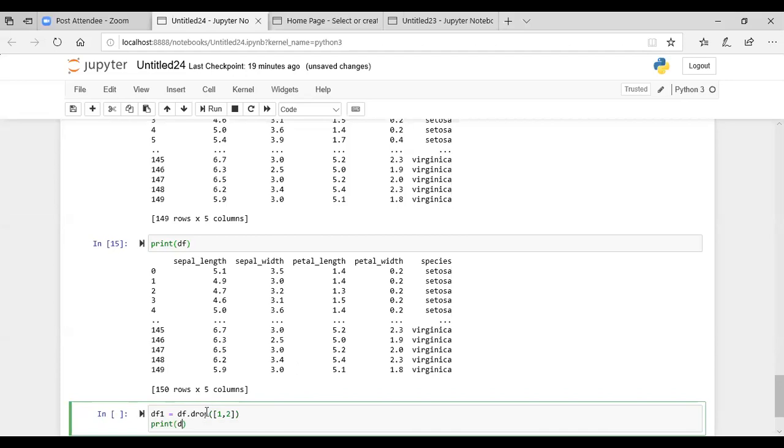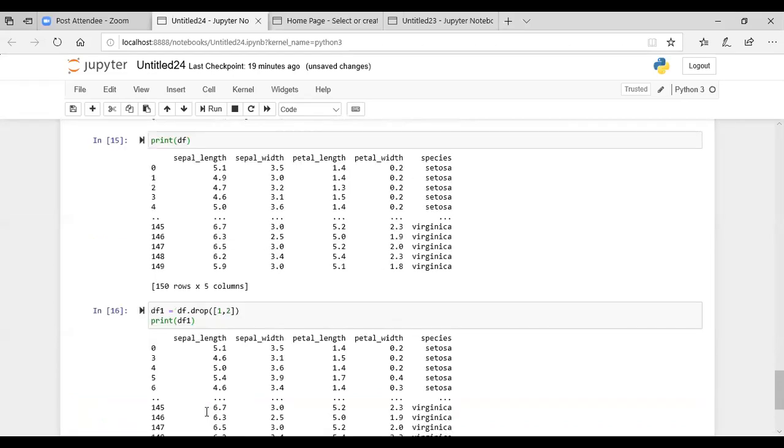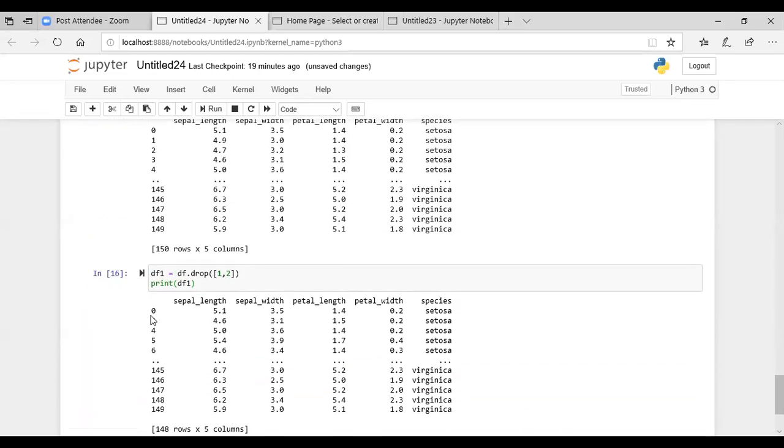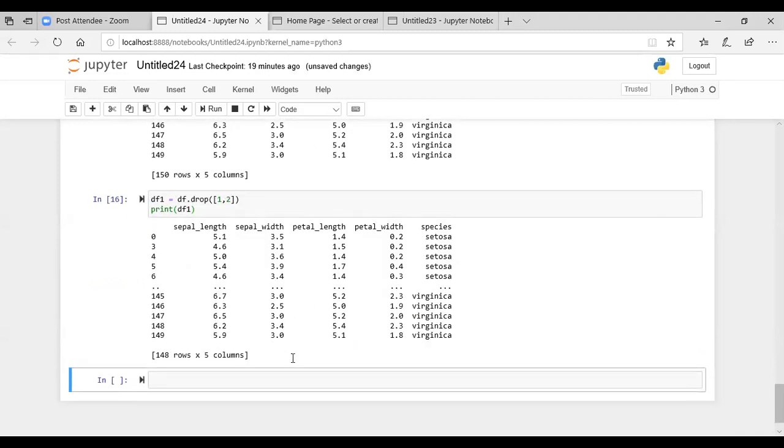I'll print this df1 and execute. You can see that the 0 has appeared over here. That means whenever you are executing again, the previous one is gone. So if you want the changes to be reflected in the main data frame, you have to make use of the inplace attribute and set its value as True.